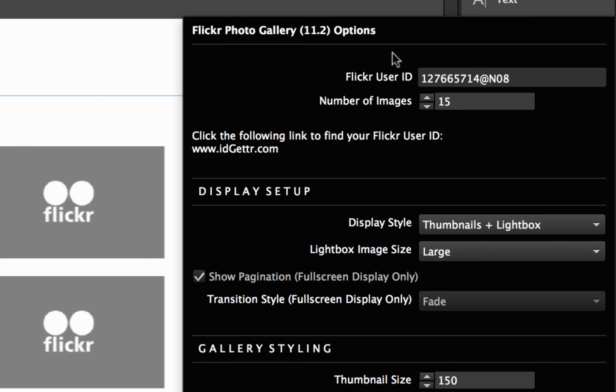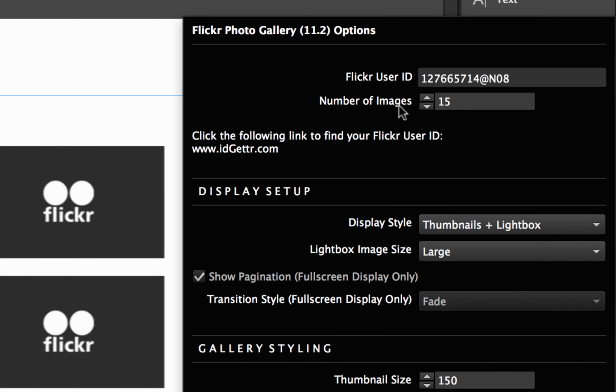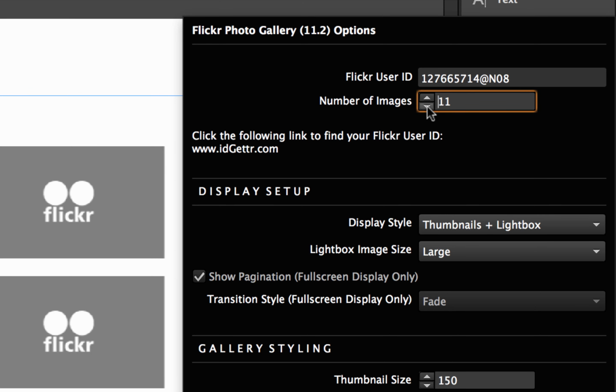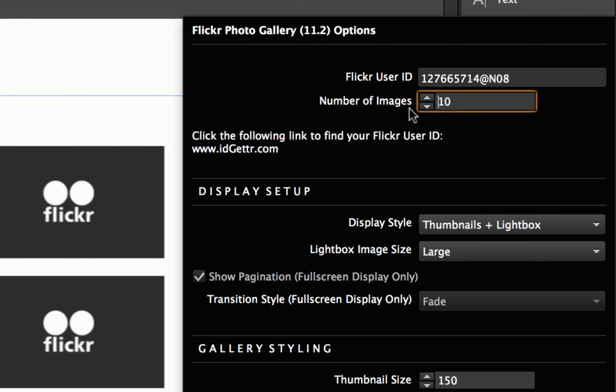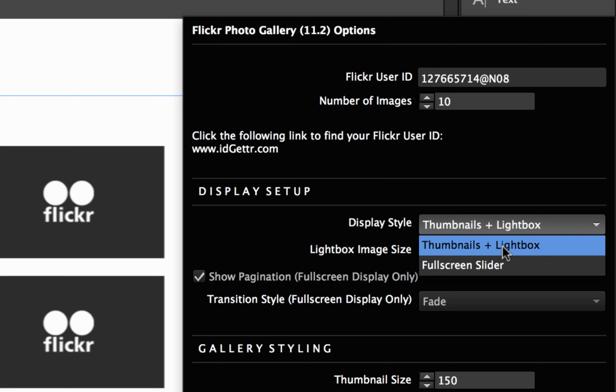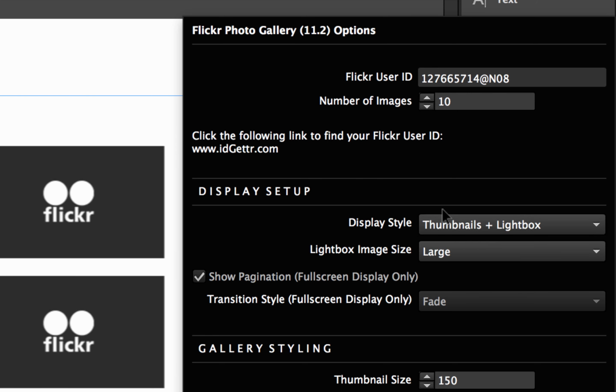Done. Okay, the next thing we have is the number of images we want in our gallery. I'm going to leave this set at, let's say 10, because that works nicely, I think, for a gallery this size, but you can go up to 80 images if you want. The area below that is where we set up the type of gallery that we want. So right now we're going with the thumbnail and lightbox look, but we could also click on this drop down and select full screen slider. Let's just leave it on thumbnail and lightbox first, and let's look at the lightbox image